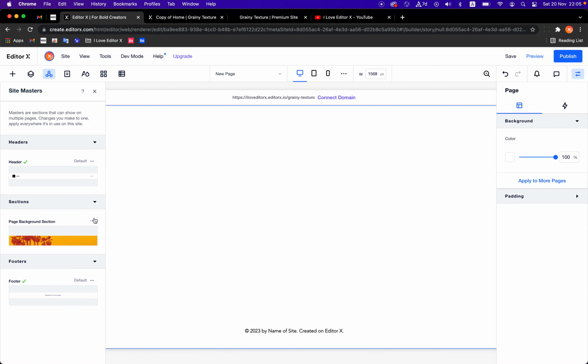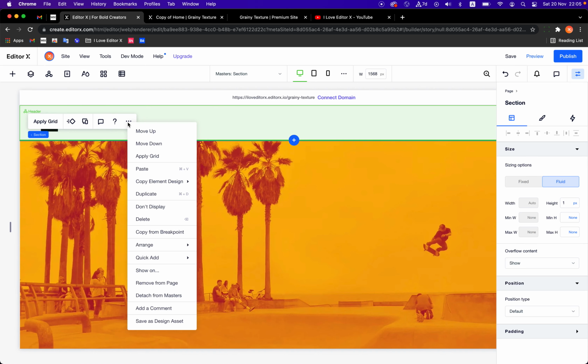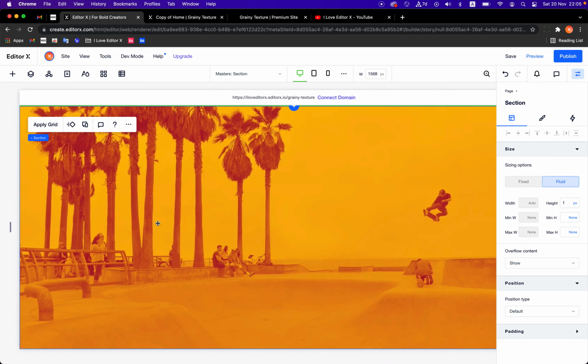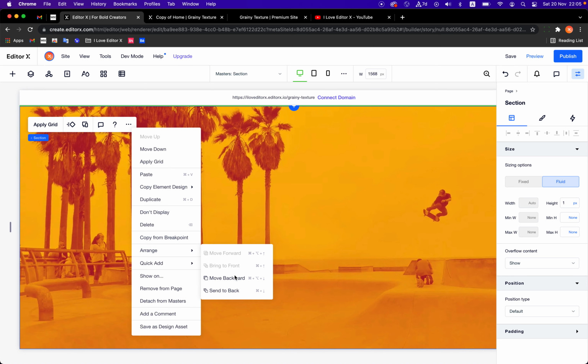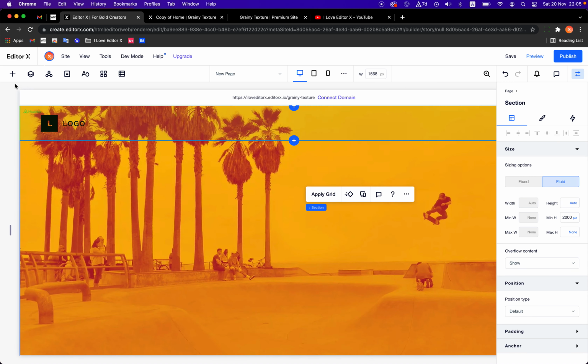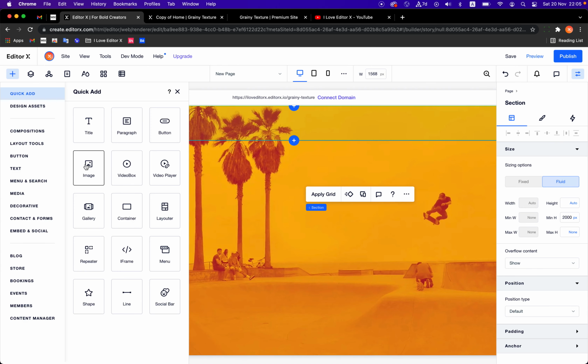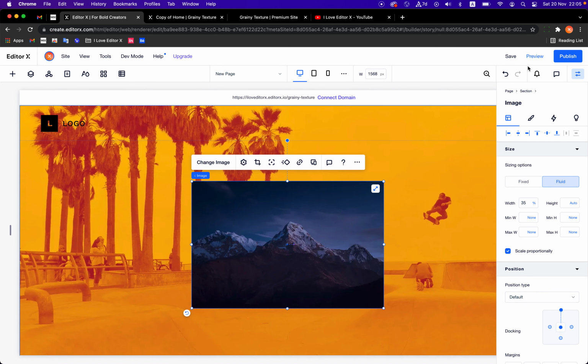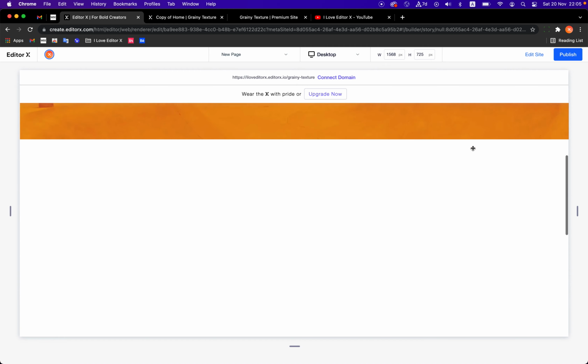And any editing that I add to this section will apply across all the pages. So if I set this section to 2000 pixels, and I add something so you can see what's happening. So you can see that it's, wait,